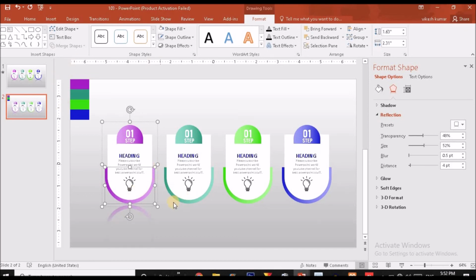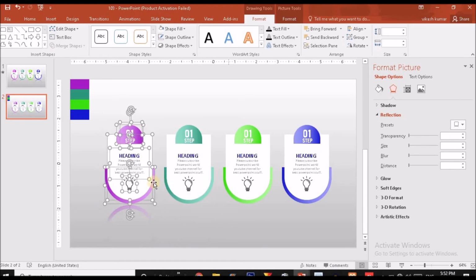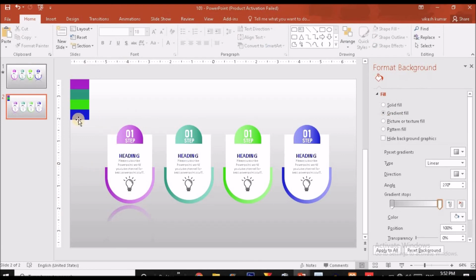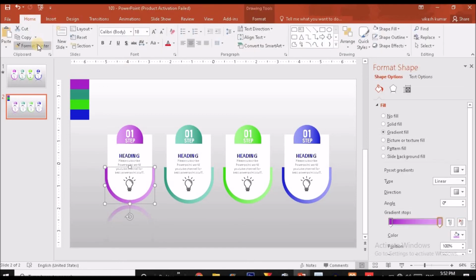So just right click over here and ungroup it. Without ungrouping the shape, you can't apply the format painter option. That's why I'm ungrouping all these elements so that we can apply the same color as the upper and the lower shape. These two shapes have different colors, and these two shapes have the same color, and we have to apply the format painter option, then we have to ungroup this shape. Okay, so keep it in mind. So I'm going to click on this shape and click on home and you will find the format painter option. Just click on that and just click on that.